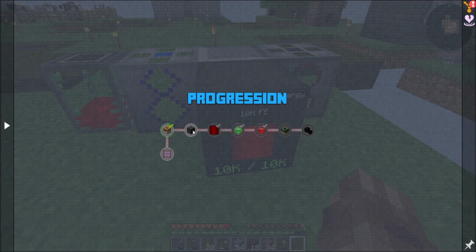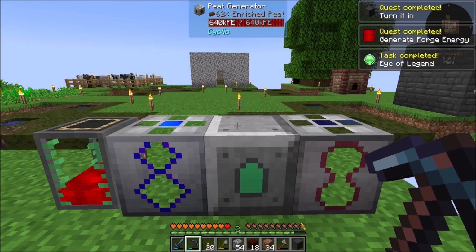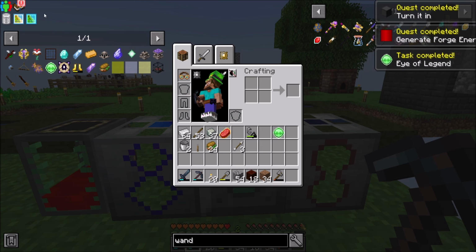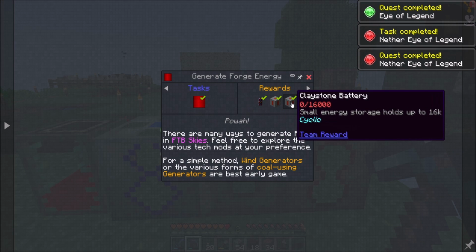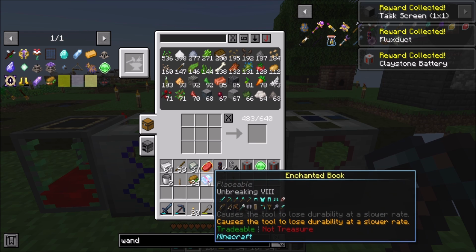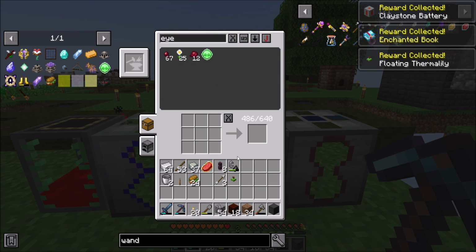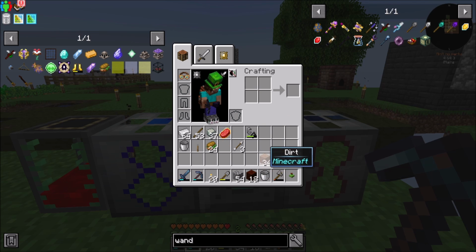So does that mean that's done? Yes. Look at all the quests we just completed. So that gets me an extra task screen. That gets me some batteries from Cyclic. That gets me an Unbreaking book. And that gets me a floating thermal lily, which works for me. Cool. If I'm not mistaken, that will allow me...